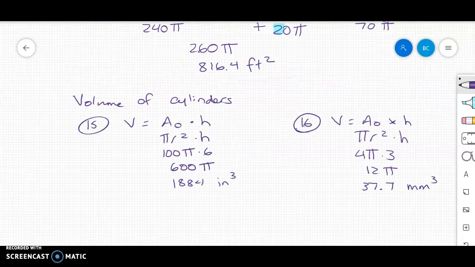So the volume of cylinders problems are number 15 and 16 on your practice summative. So again, volume, pretty easy with a cylinder. I'm going to find the area of the base and multiply it times the height. So you can pause the video here and look at number 15 and 16 if you need to go over